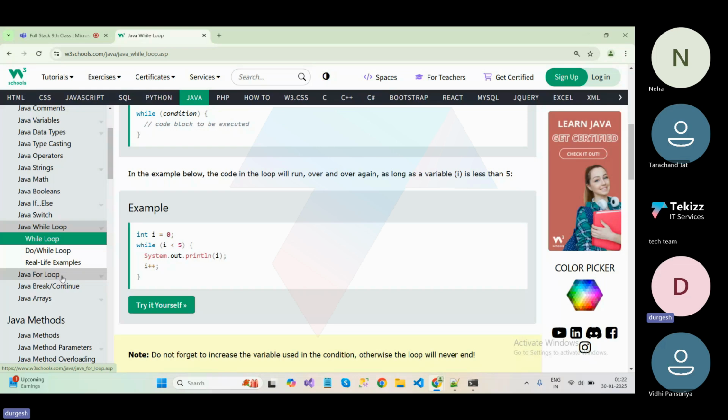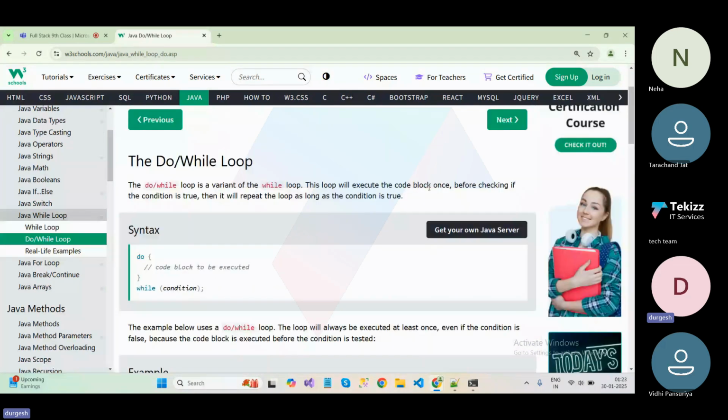The do while loop is a variant of a while loop. This loop will execute the code block once before checking if the condition is true. Then it will repeat the loop as long as the condition is true. Okay, this is the syntax of the do while loop. First execute the code,